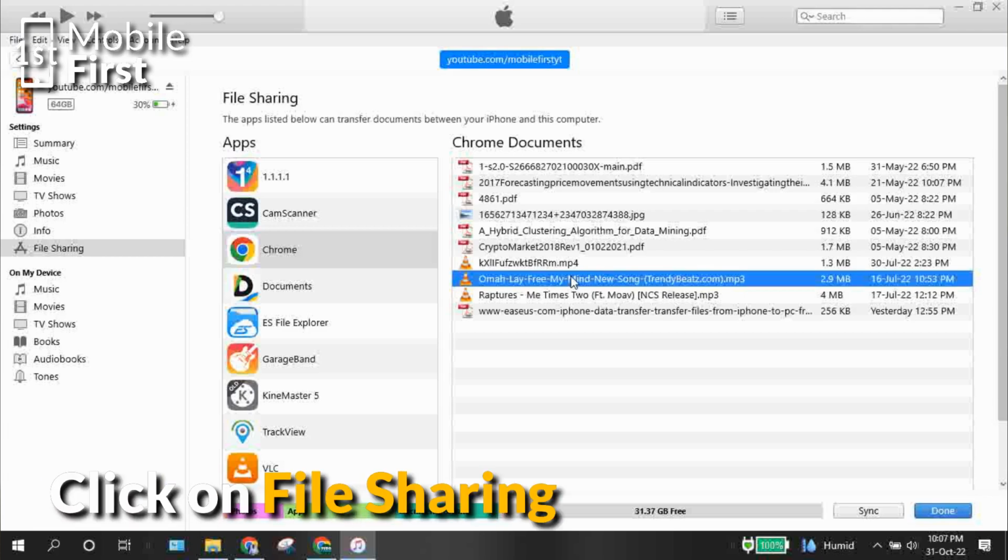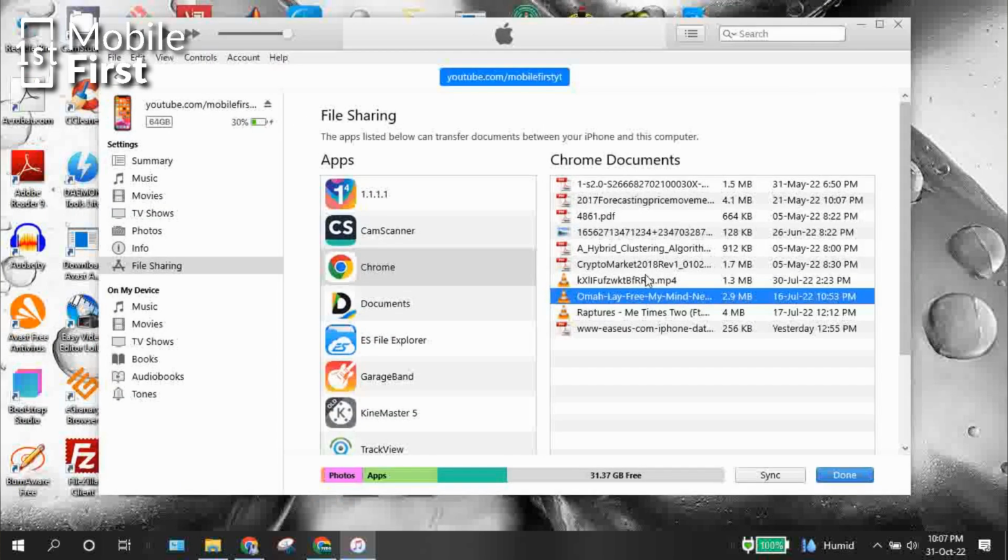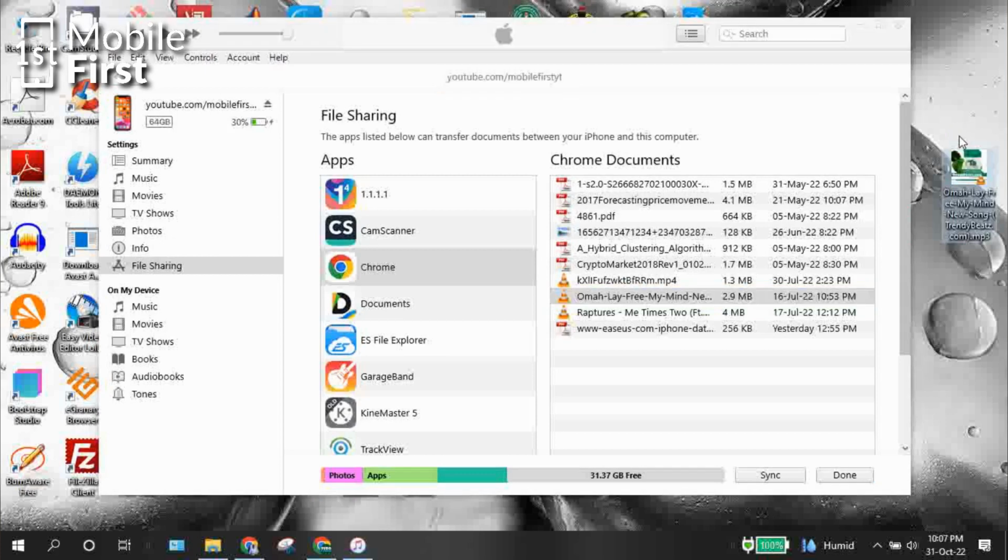Click on File Sharing on the sidebar and select the app which you want to pull files from. All files saved in the selected app will be loaded on the right-hand side, and you can click and drag to any location on your PC, either the desktop or in your documents or wherever you want to keep those